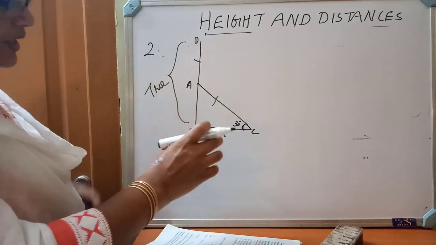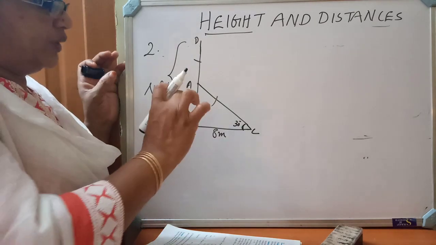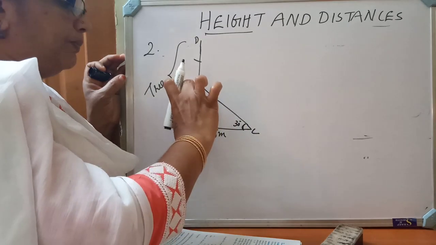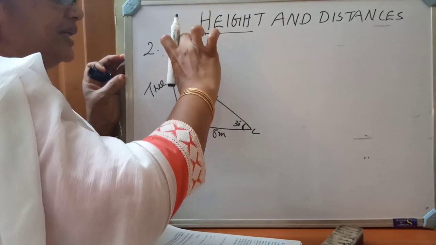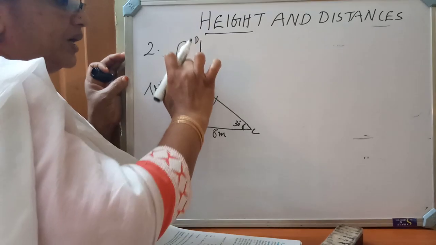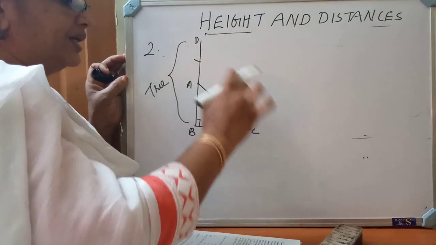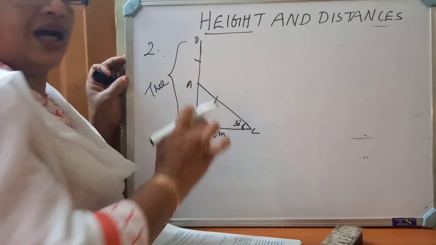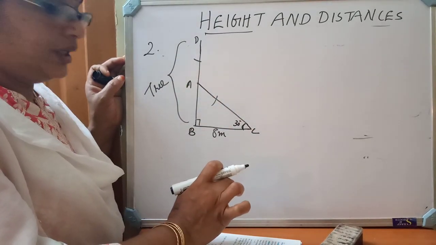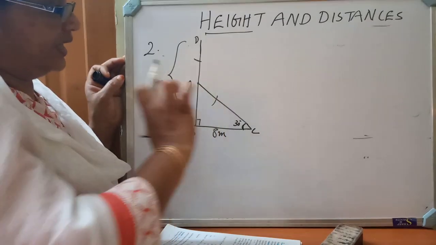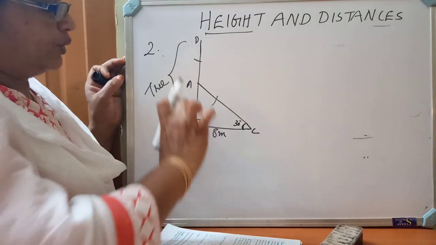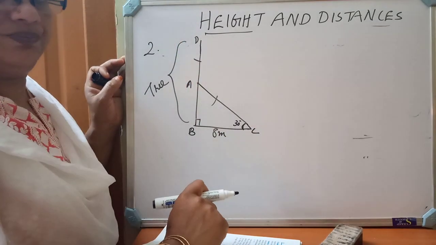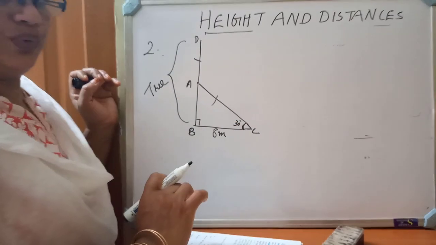Okay. So for finding the height of the tree, we must find out the value of AB as well as AC. If you are adding AB plus AC, AC is same as AD, isn't it? Because from here this part is breaking and touching the ground. So this part AD as well as AC are same, equal. So for getting the height of the tree as BD, we have to add AB plus AC. We will get the total height of the tree. Okay. So this is the diagram for this question.